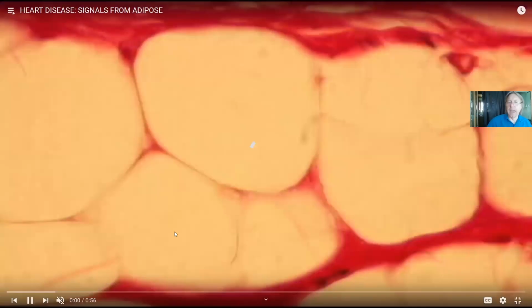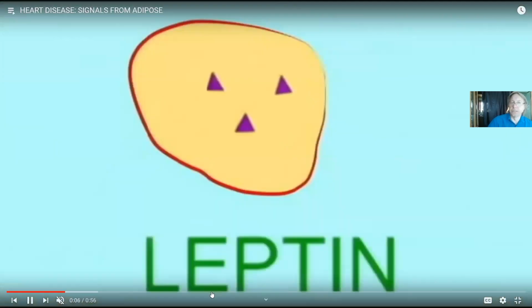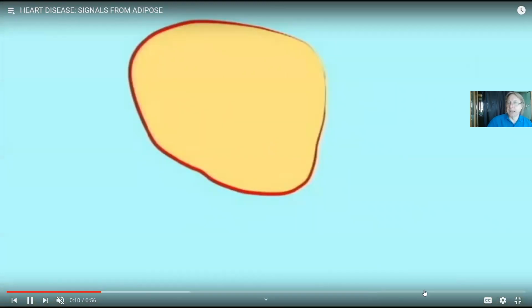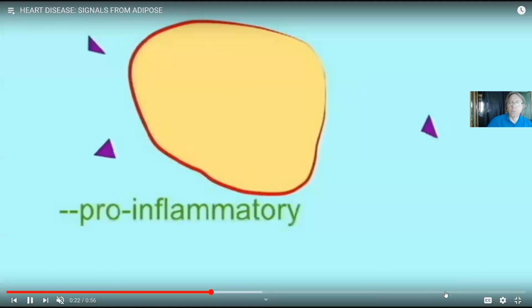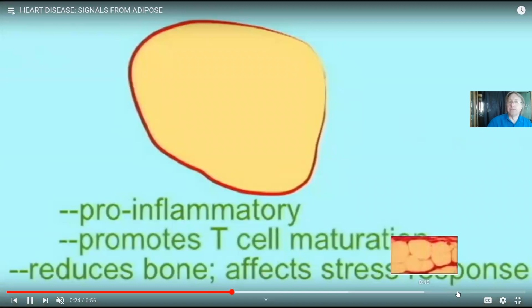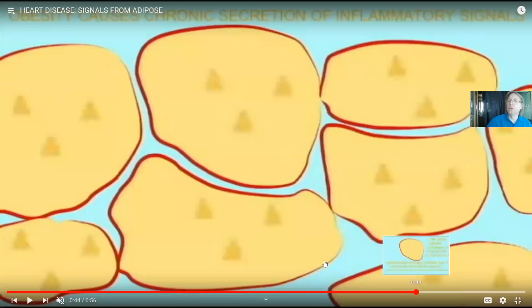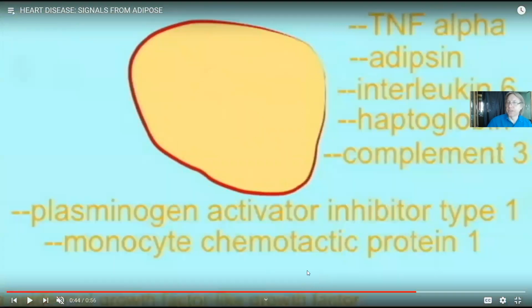Adipose is a factor. As we gain weight, a problem can be that adipose cells send out signals. There are hormones and inflammatory signals which come from fat. Hormones like leptin, whose excess will make heart disease risk worse. Adipose cells can also send out a host of inflammatory signals. So if inflammation will make heart disease worse, then look at all of the inflammatory signals which can be produced